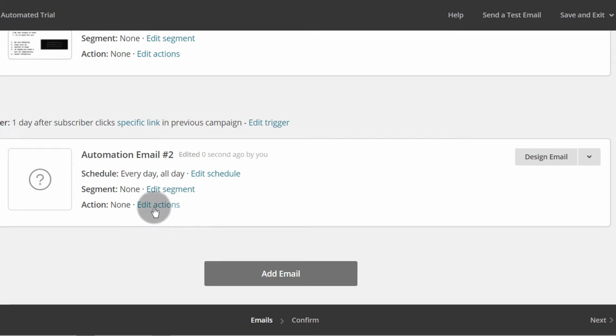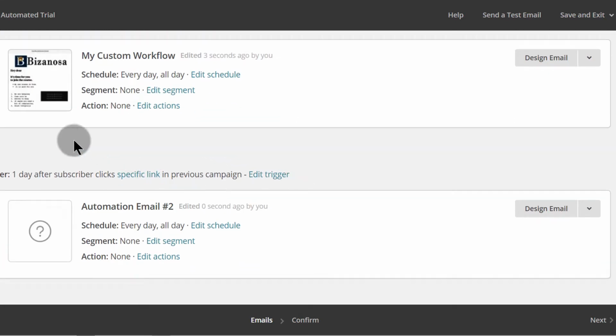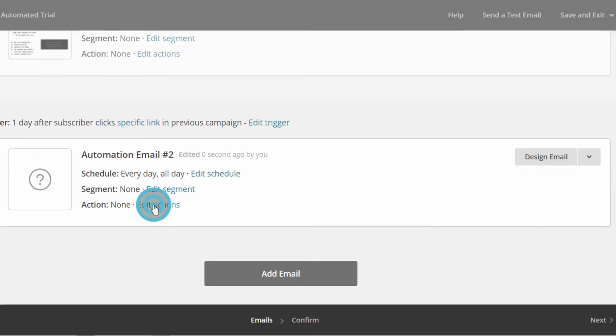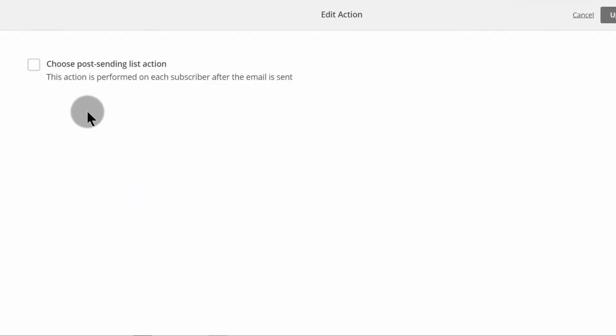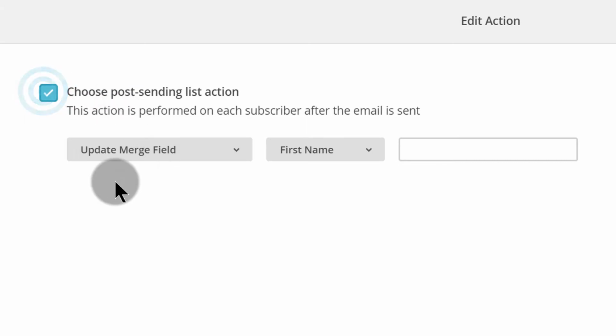If they opened it, you can also add another one here just to track if they opened the email. But of course, if they clicked a link, it checks two things. They of course opened the email, and then they also clicked a link. So by checking if they clicked a link, you're checking two things. Did they open the email? And also, did they click the link? So what actions can we take? Let's say that we want to move them to a new group. If they click that link,